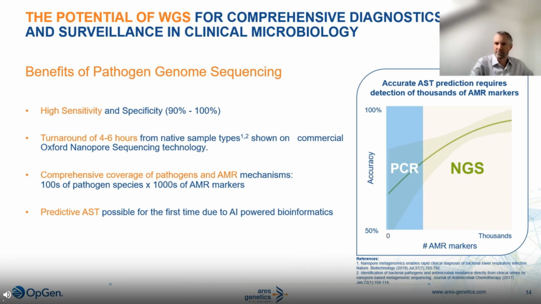Delivering on this promise has firmly emerged as a focus for Aries Genetics. Our goal is to develop sequencing assays and bioinformatics that identify pathogens and AMR markers, that offer genotype and outbreak cluster information, while also emulating the advantages of culture by predicting whether detected pathogens are susceptible or resistant to antibiotic therapy. Pathogen whole genome sequencing, or here again abbreviated WGS, is increasingly adopted by clinical labs,